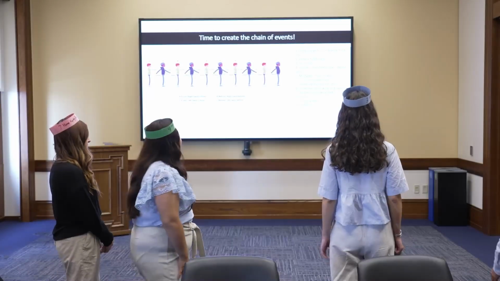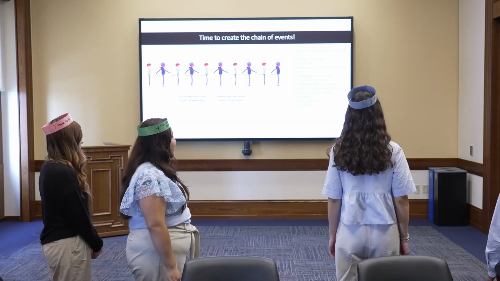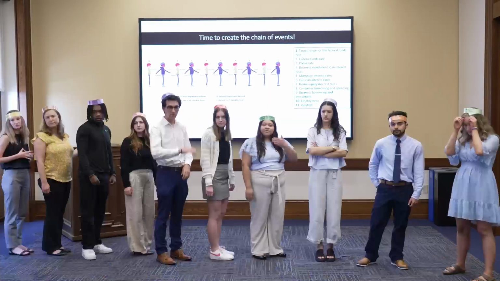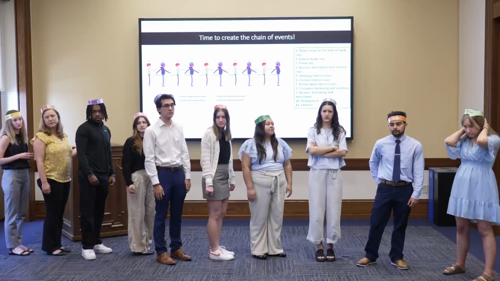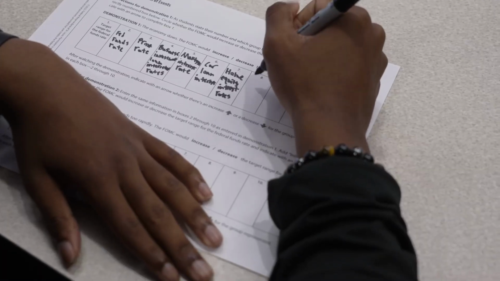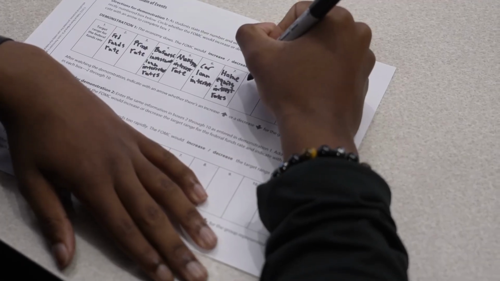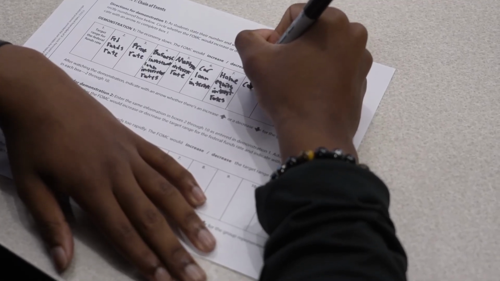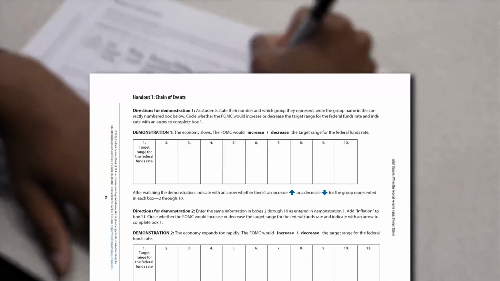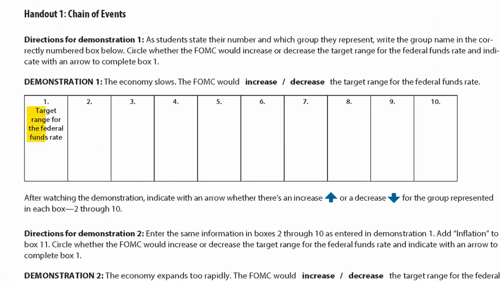Ask the student volunteers to stand in numerical order from lowest to highest. Once they're in order, ask them to state their number and who they are or what they represent for the activity. Tell students observing to enter the name of each represented group in the appropriately numbered box on their handout as volunteers introduce themselves. Point out that the first box is filled in for them with target range for the